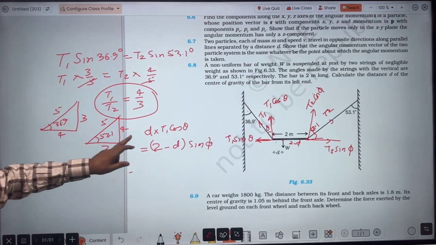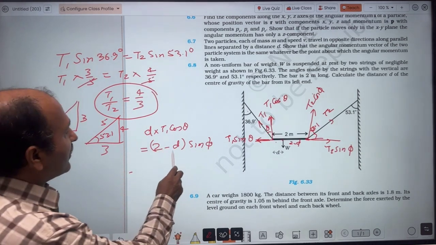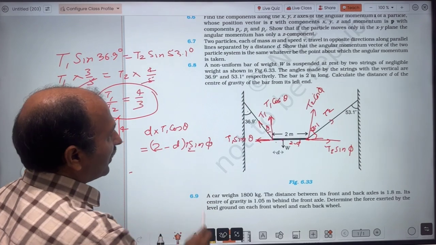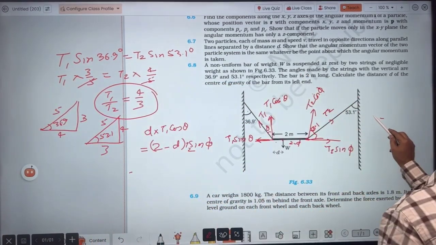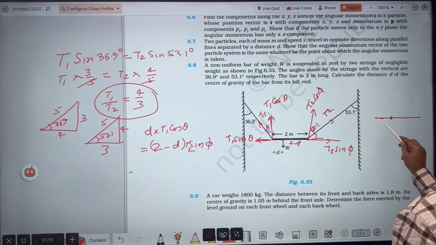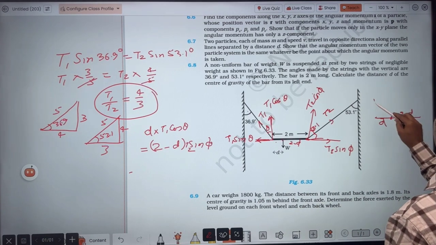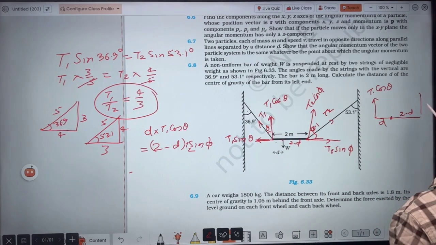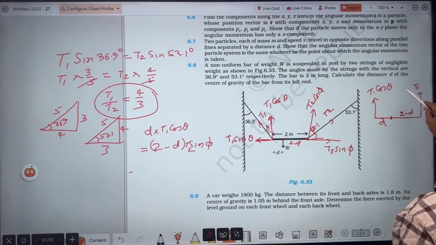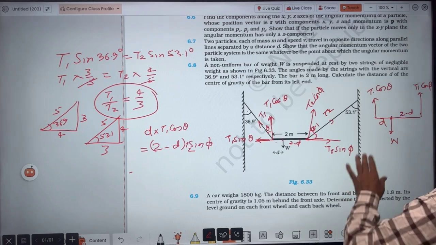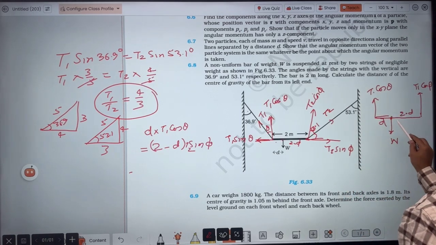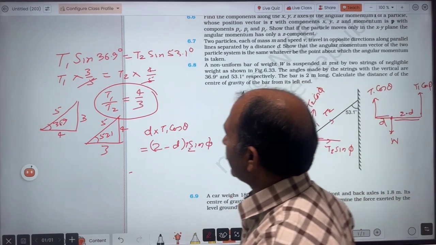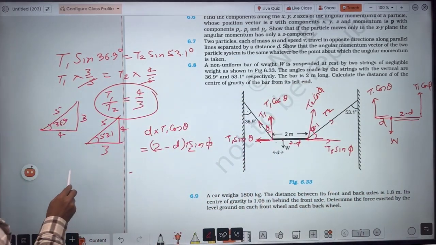So 2 minus D times sine phi. One relation we have already found. Here there is another relation, 2 minus D distance into T2. Sorry, this is torque, or if you want to see, I can write it clearly. So here this is D, this is 2 minus D. Here there is T1 cos theta, and here there is T1 cos phi, and here there is weight W. Right? So I am writing this multiplied by this, and then this multiplied by this. So thing is clear. So what we have got? D into,